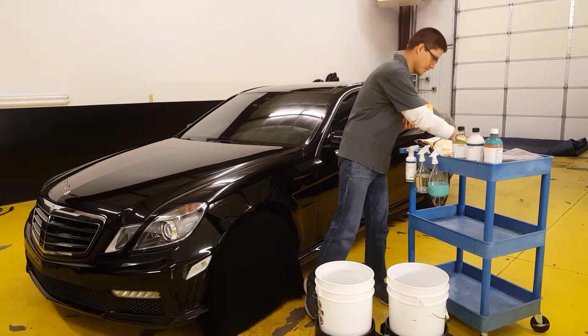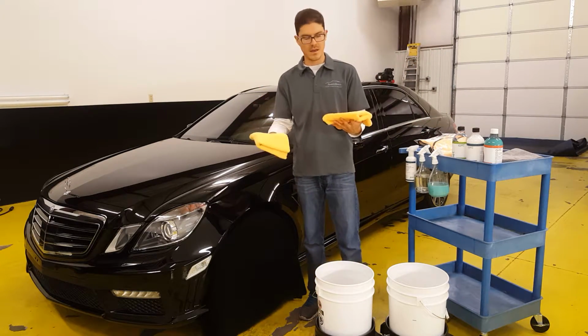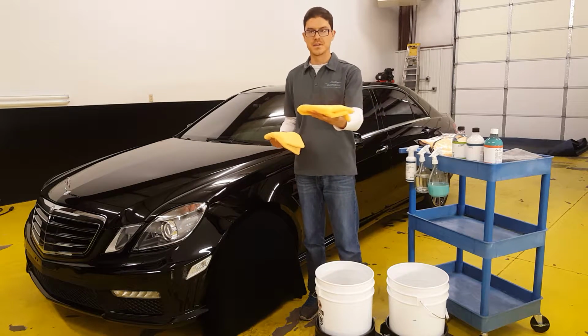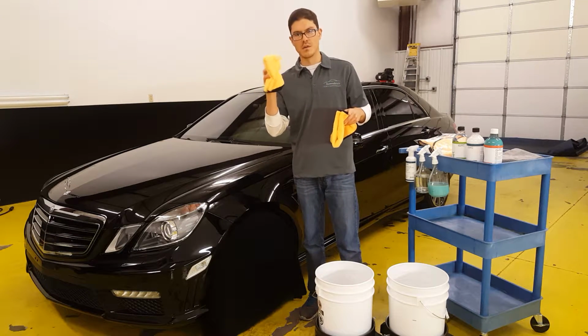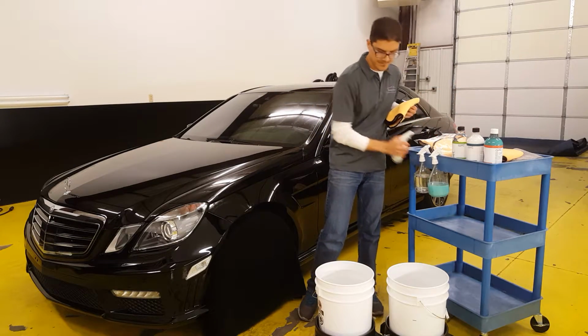And I have 2 towels. They're the same kind, but one's flipped inside out, so this one has the short nap side out, and this is the thick nap side out. With the short nap side, I like to use this for applying reload. And the way that you do that,